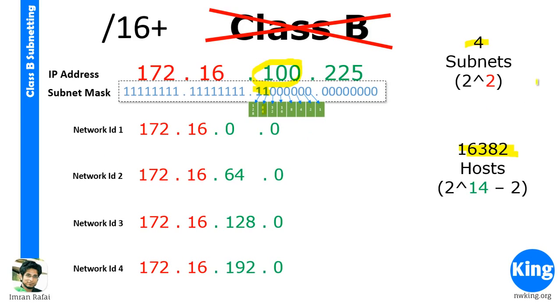That's one way of looking at it. And we know there are only 4 networks. 2 to the power 2 is 4, so we only have 4 networks. Fantastic. How do we get the broadcast ID? Now that's the question. Again, it is 1 minus the next network ID. So in the first case, it is 64.0, the next network ID, minus 1 is